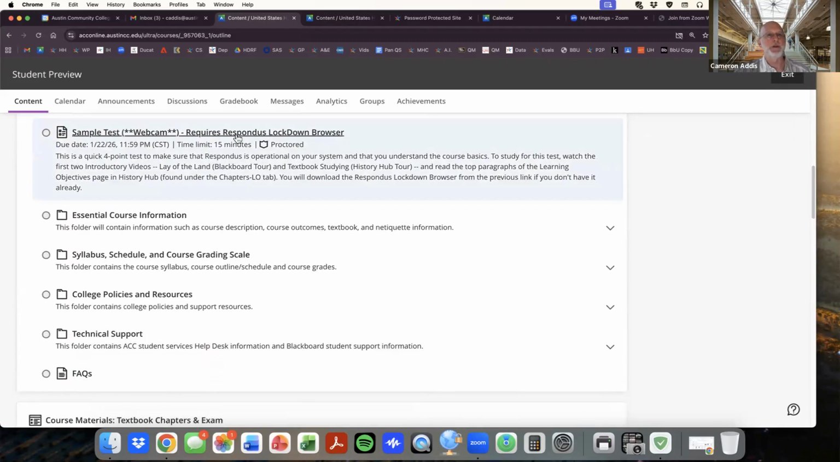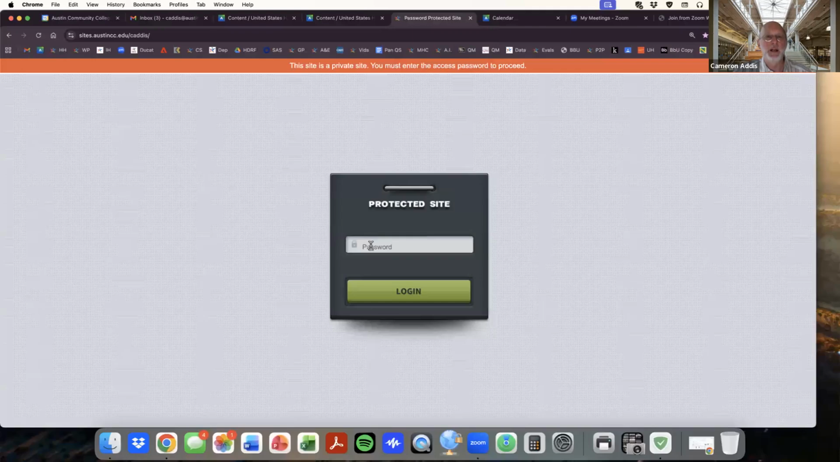We also have the sample test here, which is partly a test to see if your Respondus system is operational. That's a big part of it. But it's also a test over you having watched the first 3 videos, including the one you're watching now, but also the one on how to read the textbook and the textbook studying, which our textbook is over here. And